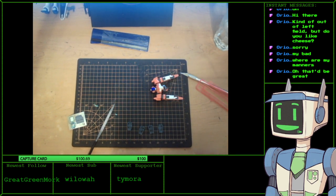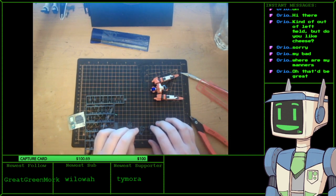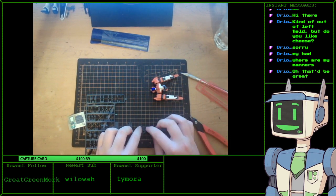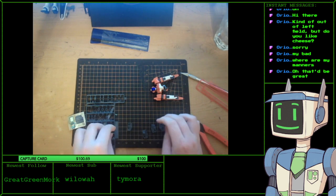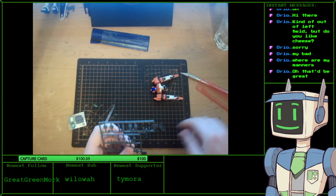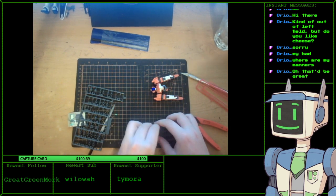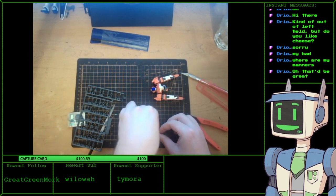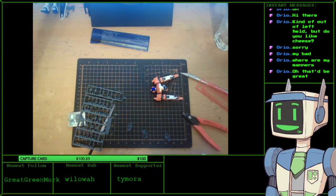So have you ever built something like a master grade? Shit, dude. Might as well just retire right there. Not legally allowed to build anymore at that point. Especially if it's a master grade. They did have a master grade Hyaku Shiki, which again is one of my favorite mobile suits, at my local hobby store. The primary issue is that it was so expensive that I couldn't afford it, which made me very sad because it is one of my favorite mobile suits, and the master grade Hyaku Shiki 2.0 is